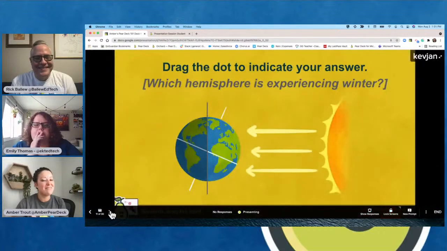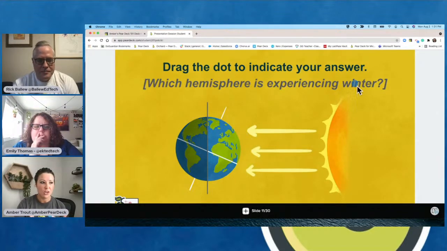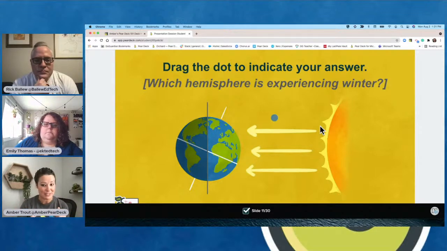Next slide, and one of my favorite features we're going to go through is something called Immersive Reader. So here's another draggable slide, but I'm going to take you to the student side to show you something. So here is where you are, where you can move this little dot around. I made that a little smaller than I should have, but you're going to be able to have students that are maybe English language learners, students that are not able to read this or maybe functioning off level, be able to interact with you using Immersive Reader.